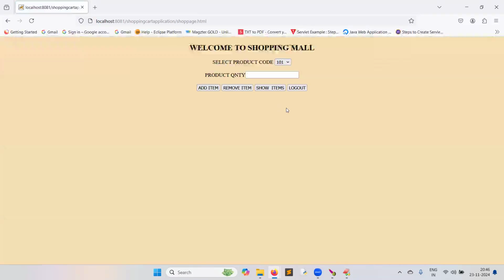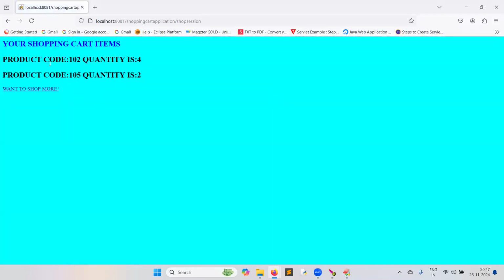See, the number of times request is going up and down, response coming, but I'm able to get my items. How? I'm implementing session tracking. Otherwise, once the cycle is complete, your data will be lost. That is why I'm able to track it.